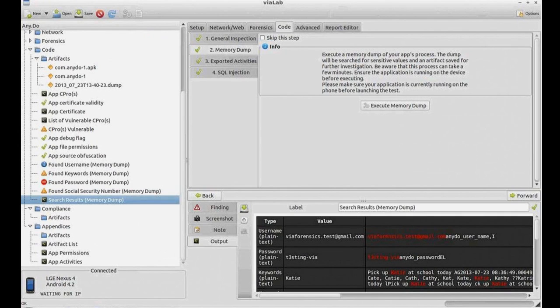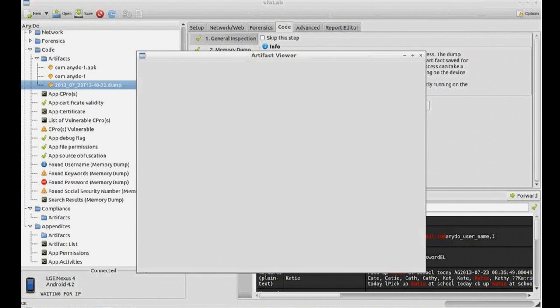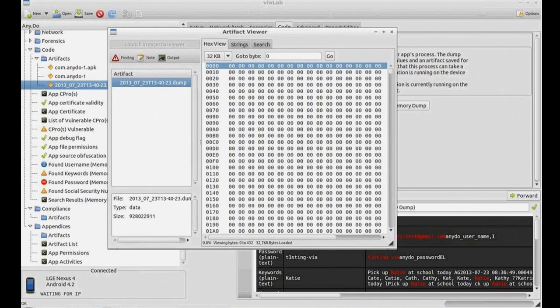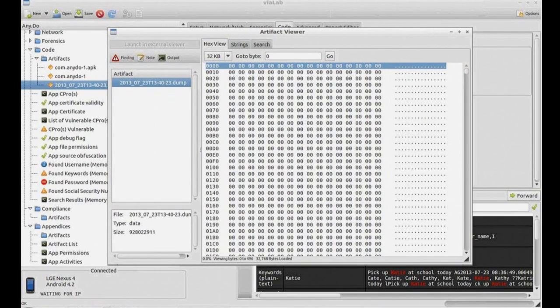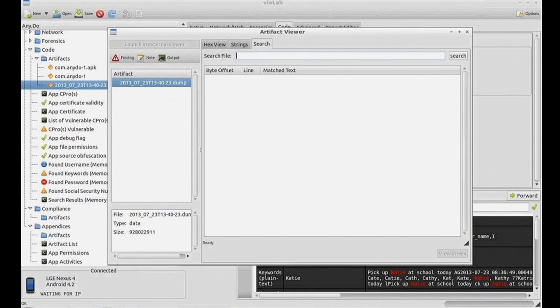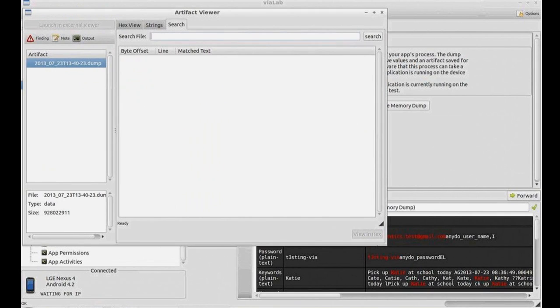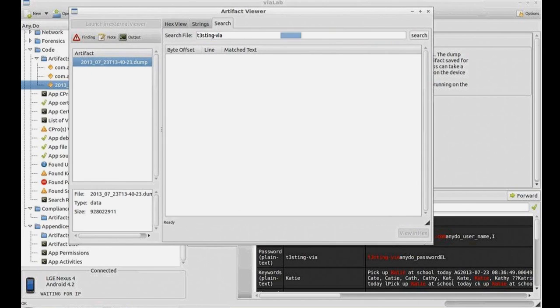Another option is to double-click that memory dump file, and it's going to open in an artifact viewer. You have various views here: hex view, you could run strings against it. So let's say you just want to do a quick search for the password. We know it was found, but let's just do a quick search to double check. This is actually a very large file, so it takes some time to search for that word. While we're letting that run,